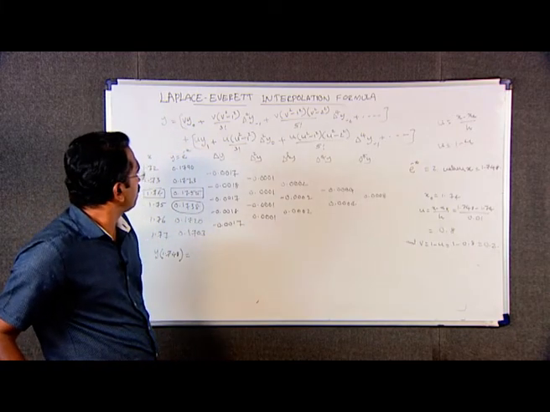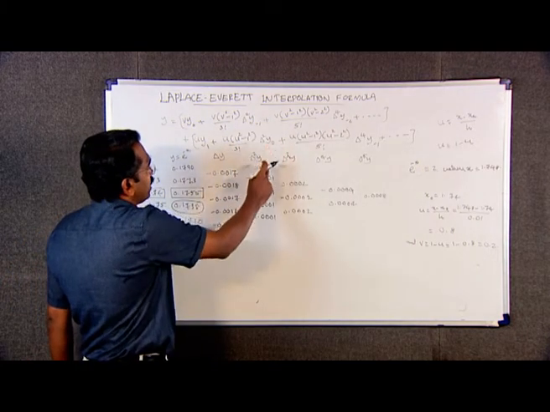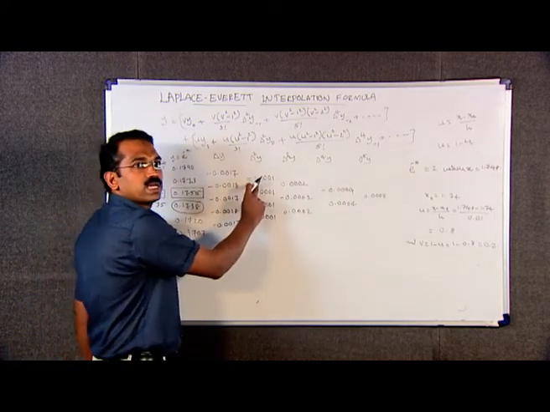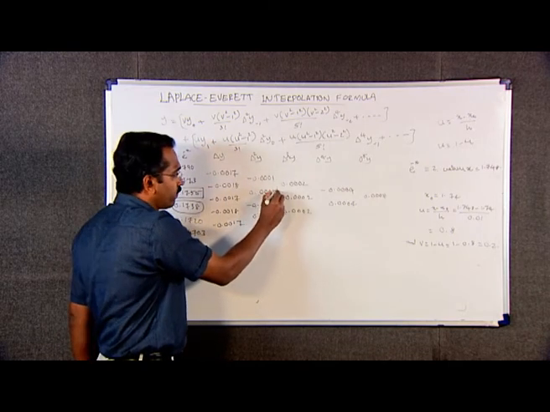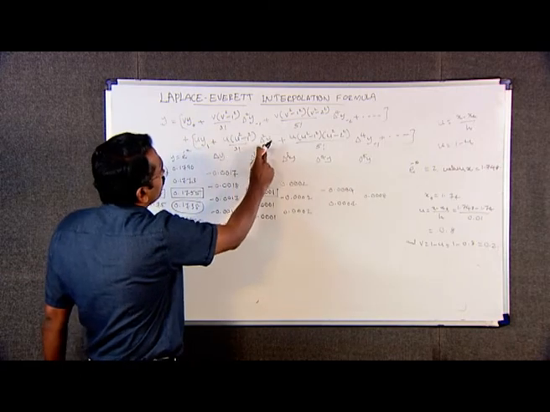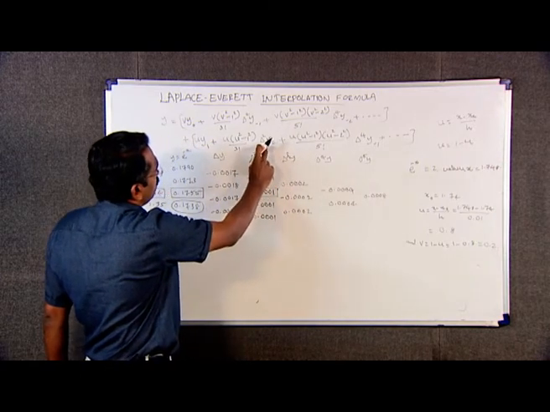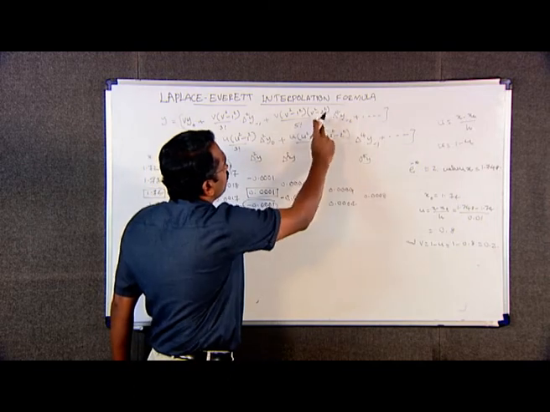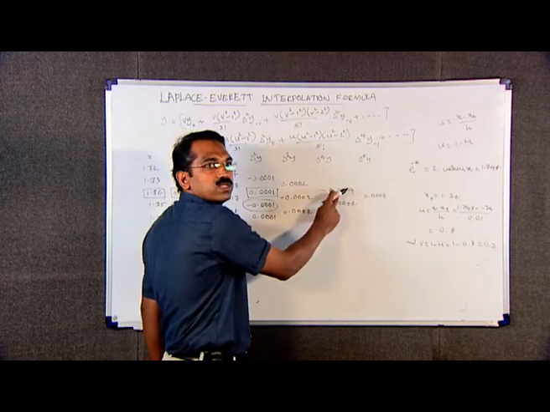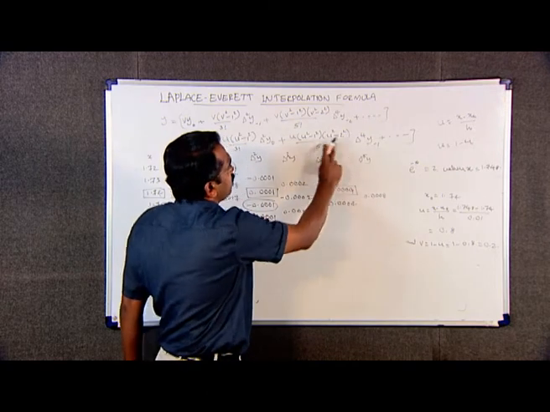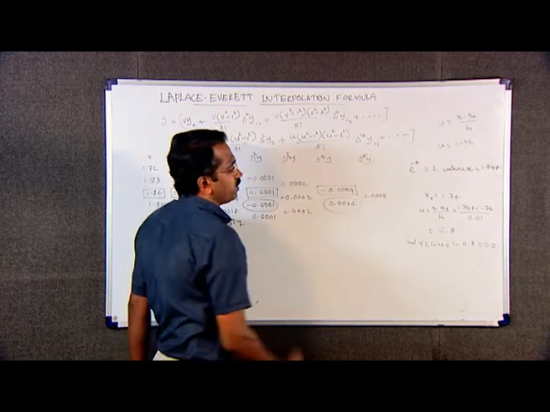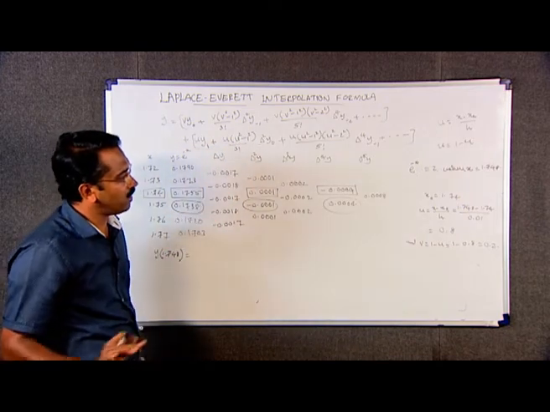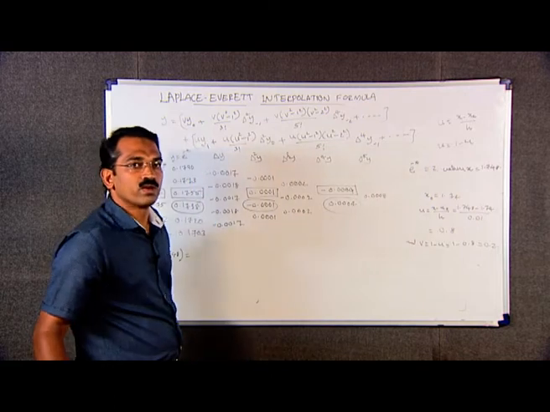Then next is delta square y minus 1 in the v group, which is this value negative 0.0001, and in the u group delta square y naught, which is this value. The next term delta raised to 4 y minus 2, which is this one, and here delta raised to 4 y minus 1, this value. Using the relevant differences and the values of u and v, we can write y of